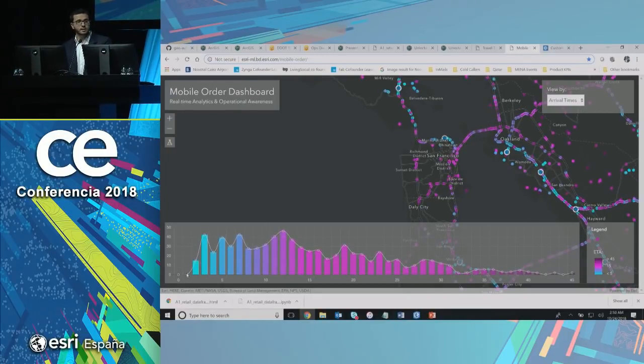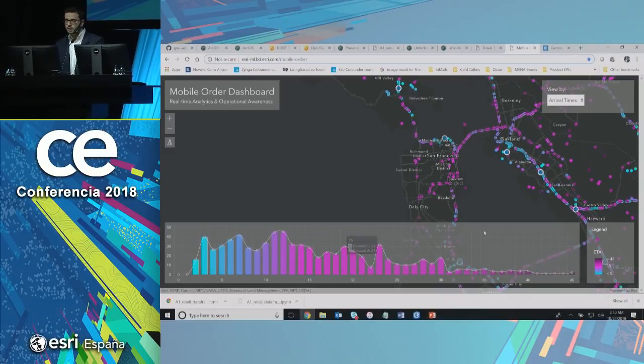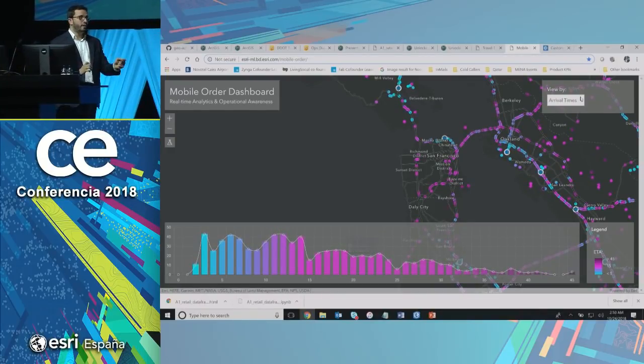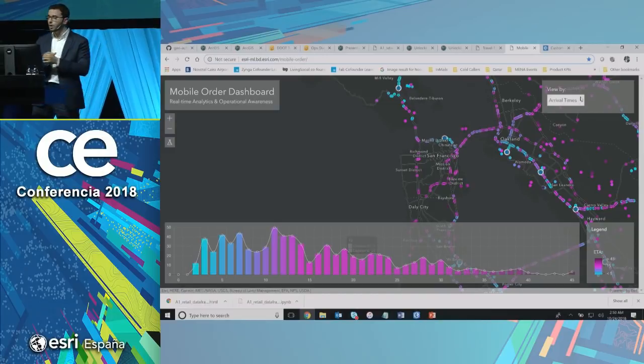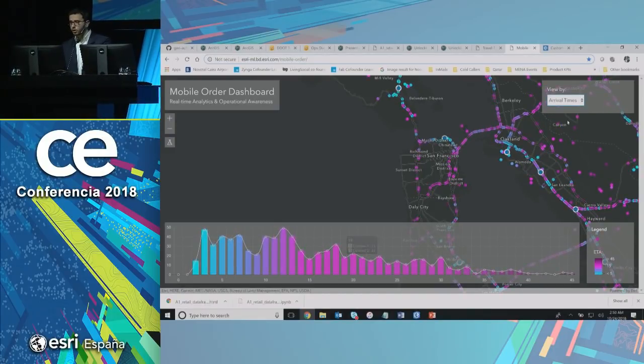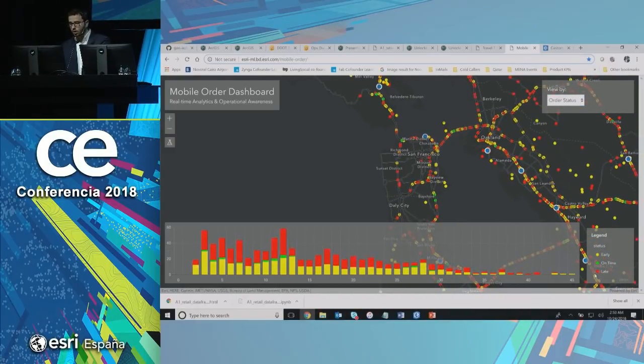So we can visualize how many customers are going to arrive at your store in under 5 minutes, 10 minutes, 15. And if you're a coffee shop and you want those customers to arrive fast and get their coffee while it's hot, you can subtract the amount of time it's going to take to prepare the order from the arrival time and know exactly how many orders are late or on time or early. Isn't this cool?